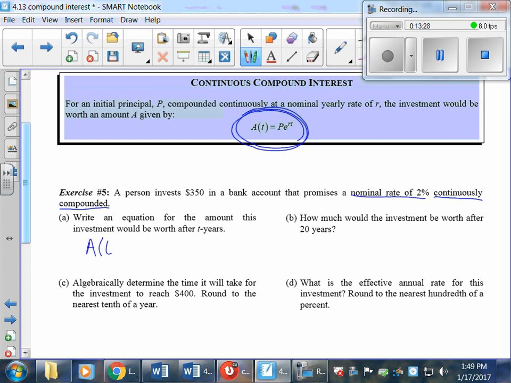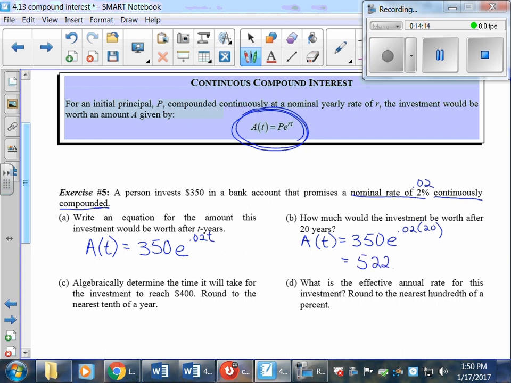So A sub t is equal to 350, my initial amount, times, oh, you know what, you really don't need the parenthesis. 350 times e raised to the 0.02, there's my rate, 2%, 0.02, times my time, which in this case I don't know. All right, and then B says how much would the investment be worth after 20 years? So this means we're just going to put this into our calculator now: A is equal to 350 times e to the 0.02 times 20. And once you put that whole thing into your calculator, you get